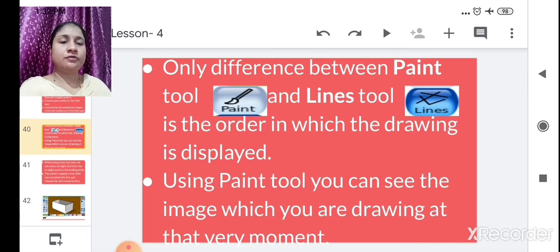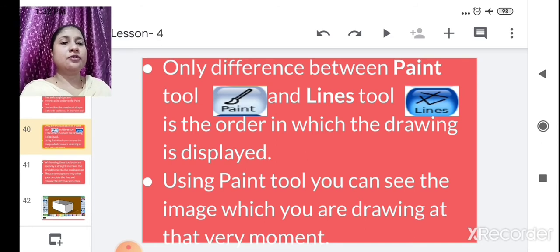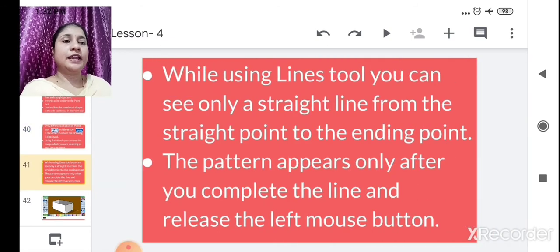But whenever you try to draw with the lines tool, only a line will appear. Using the pen tool you can see the image which you are drawing at that very moment. While using the line tool, you can see only a straight line from the starting point to the end point.